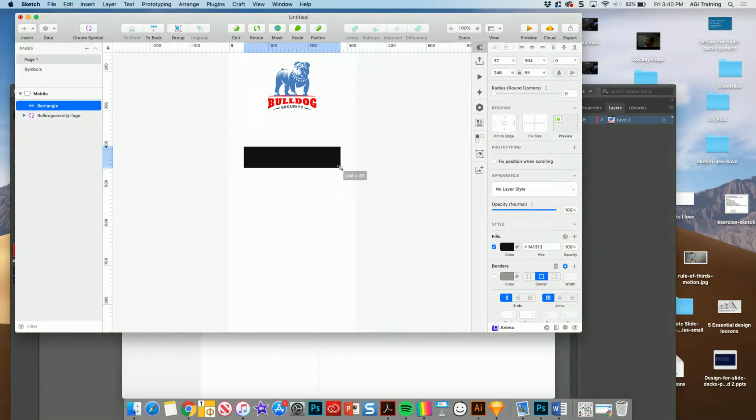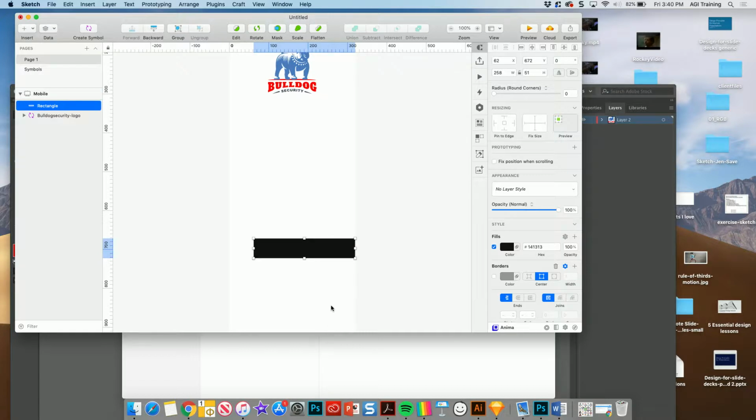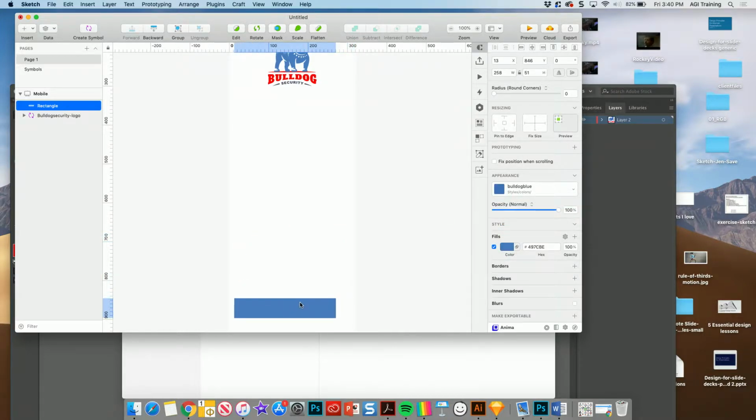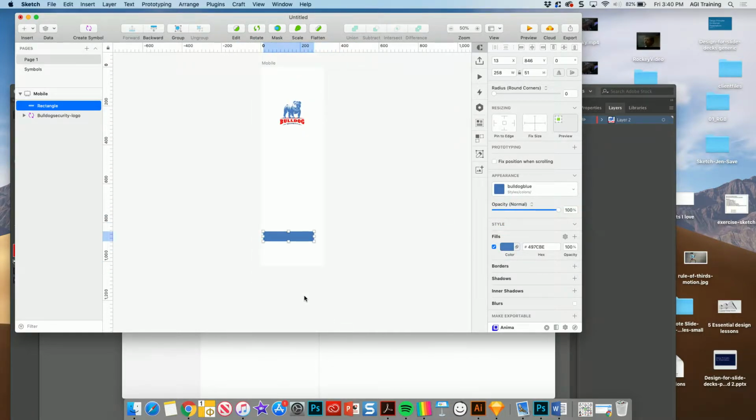So maybe I'm putting something in here. We'll say that maybe this is going to be a menu item at the bottom or whatever. But I'm going to apply that color. And so I'm going in and I'm choosing the Bulldog blue color. I'm positioning it. I'm going to press Command minus once, pull this down a little bit, make it a little